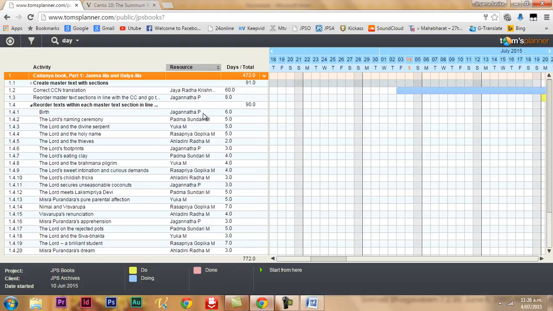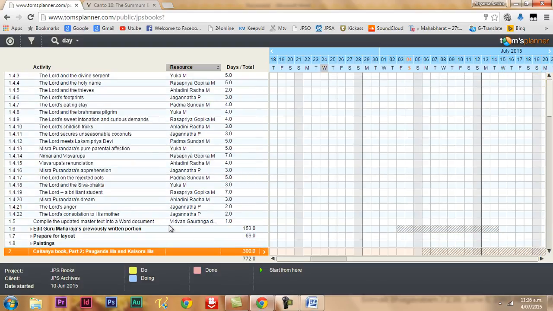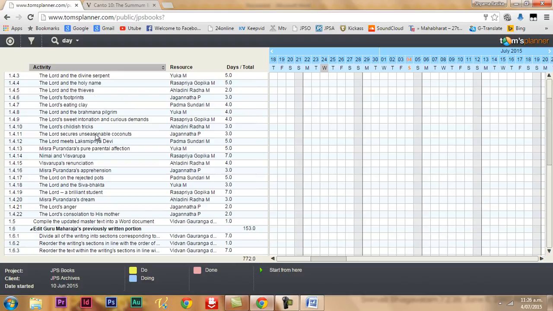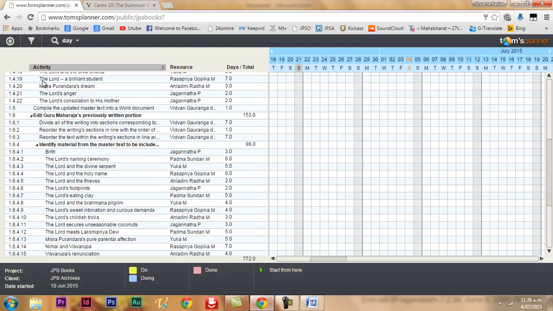This is important because Guru Maharaj, for his book, wants to make sure that he doesn't leave out any of the descriptions found in any of these books, and he wants to add his own commentary to it. So in order to ensure that all that material is there, we have done this task of presenting a master text. Ultimately the master text will be made into a Word document. This is one portion of the work.